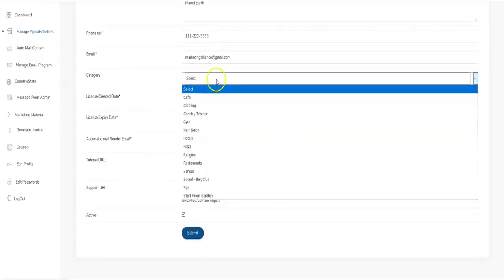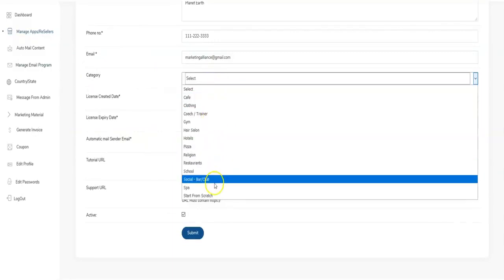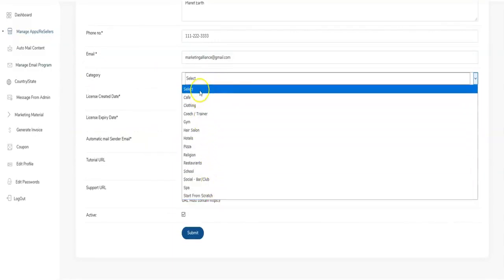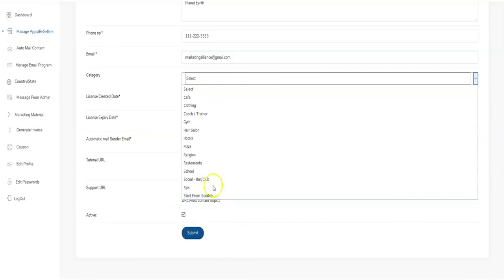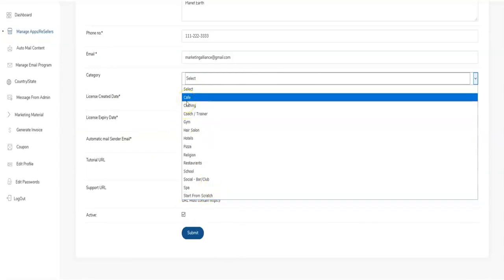So we have a bunch of pre-built types of apps already, and whatever you select here will have everything turned on for you that's relevant to that type of business. So for example, if you're selecting cafe, you'll have food ordering system, points rewards, punch cards, that kind of stuff that's already turned on for you. You will be able to go in and update it and add things if you needed to,